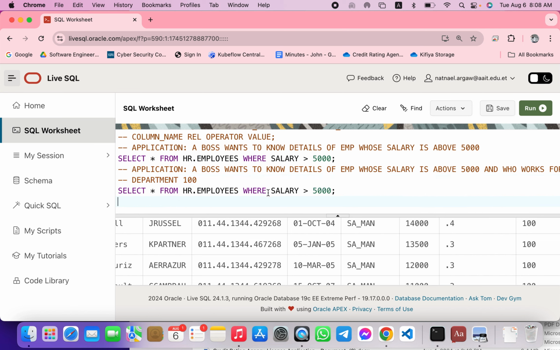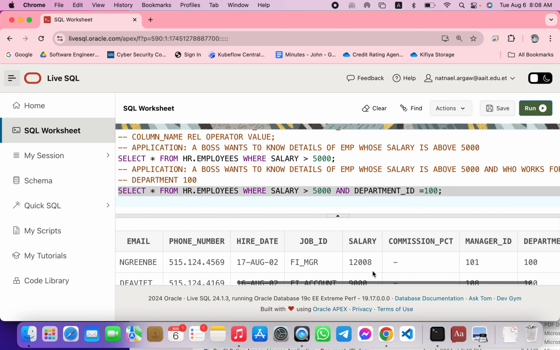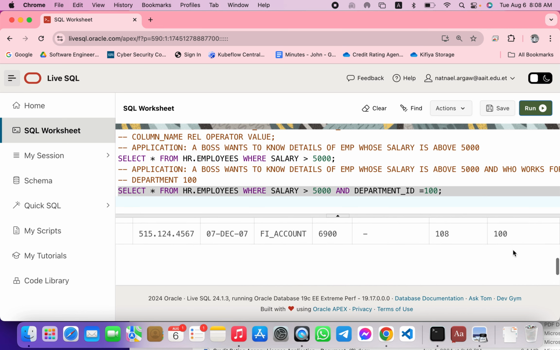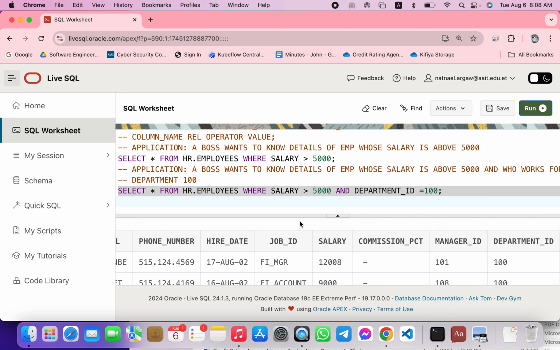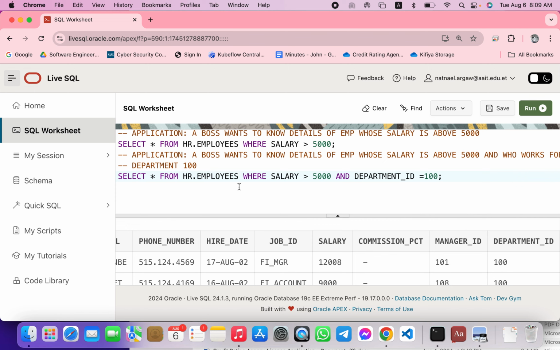Let me copy paste this one for is. Then here, since he said and, we will use a logical operator and. Then we say department ID is equal to 100. Then if you run this one, you will get a list of employees who work for department 100, you see the department column, and whose salary is above 5,000. So this is a basic example of filtering